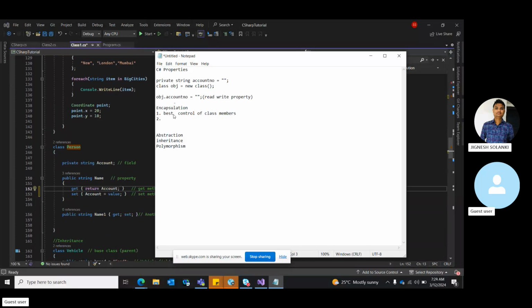You control that account number variable. Fields can be made read only, write only. So it increases data security,